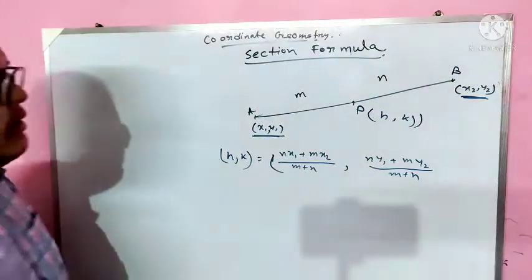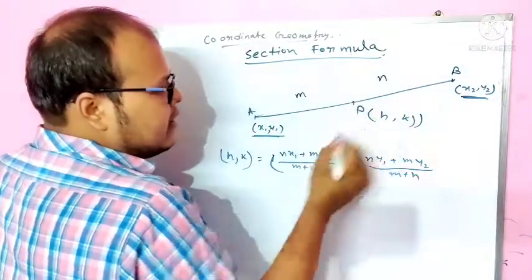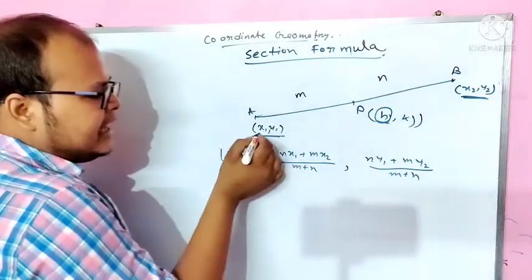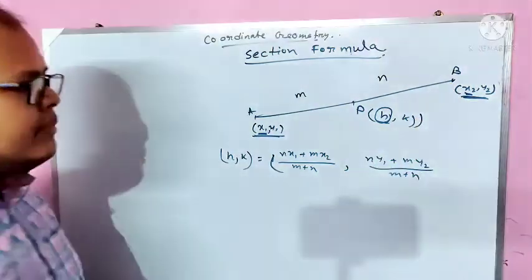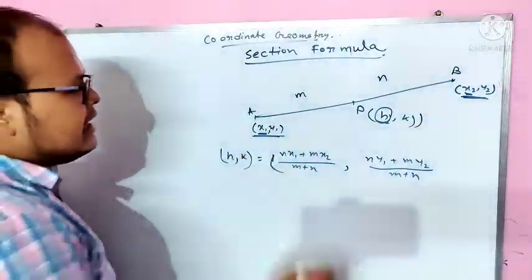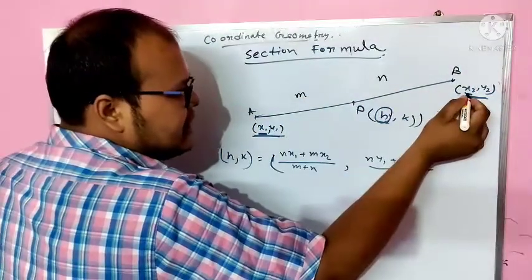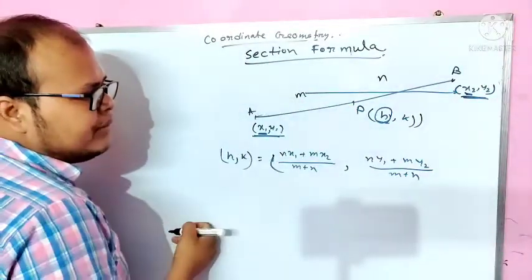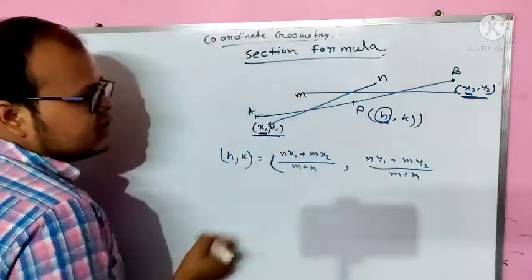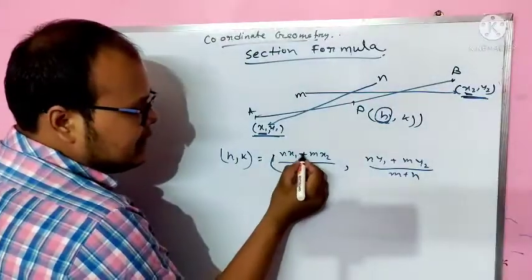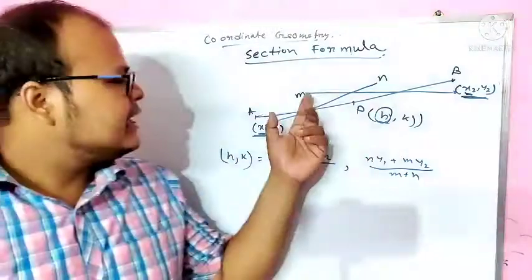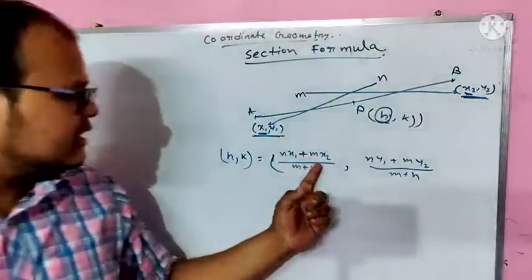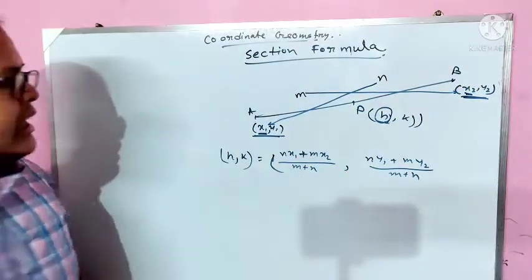Means what? You need to cross multiply. When you are trying to find the x coordinate for this P, then you will be taking all the x1 and x2 only. You will be considering the abscissas only. You will multiply the abscissa of B along with the first ratio. The cross multiplication type will be there, and n will be multiplied to x1. And obviously the plus sign will be there in between, so it doesn't matter which one you are taking at first. nx1 and mx2, their summation divided by m plus n, comma ny1.